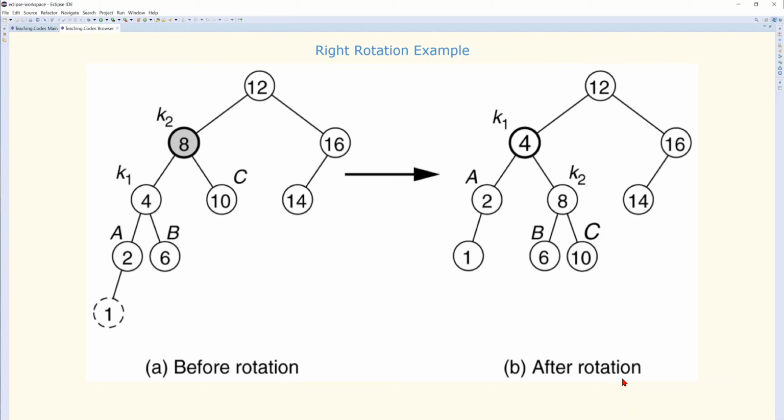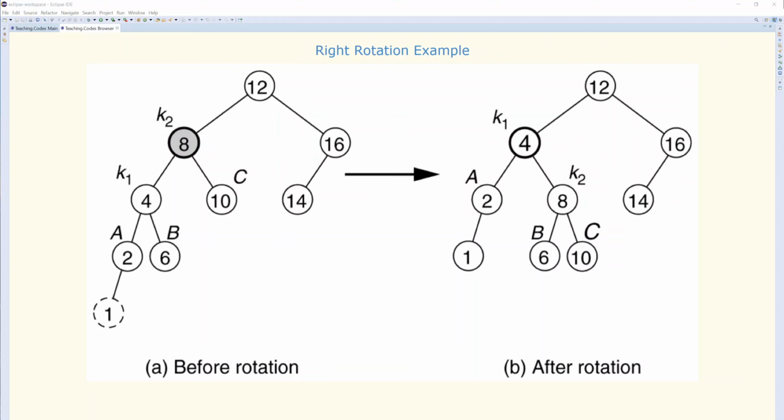Now, if you look at the tree, the first unbalanced node is 8. Is 12 balanced or not? If you look at 12, it is 2 minus 1, 2, 3, 4. This is also minus 2, by the way. But I don't care. The first unbalanced node is 8. So first I focus on 8. I will solve this problem. Then I will try to solve the problem with 12. Okay? So focusing here,